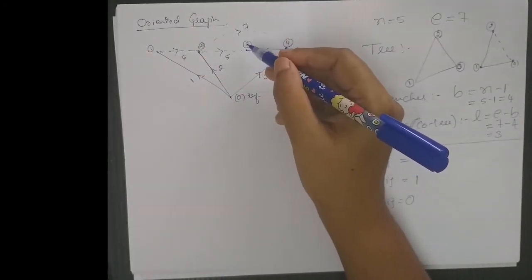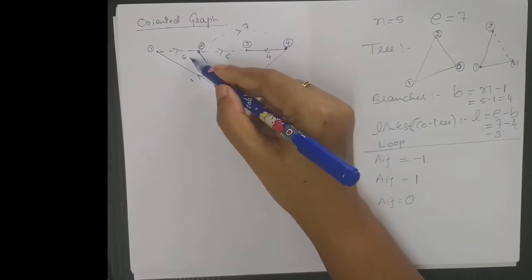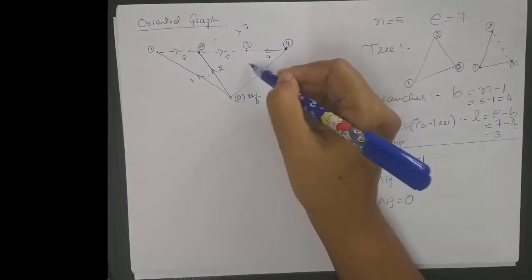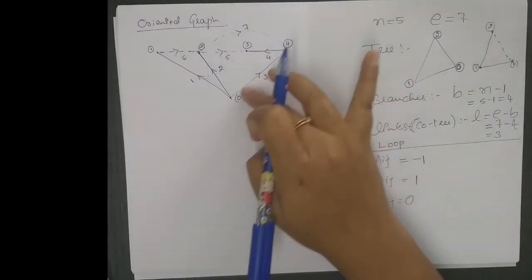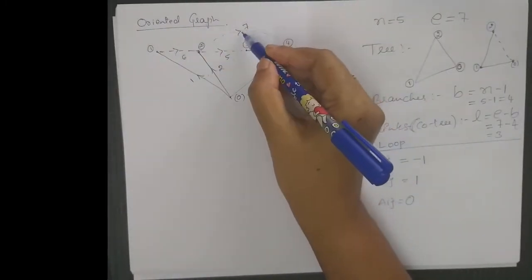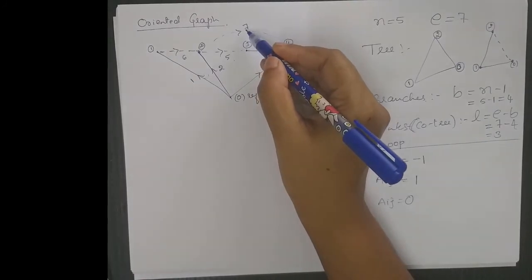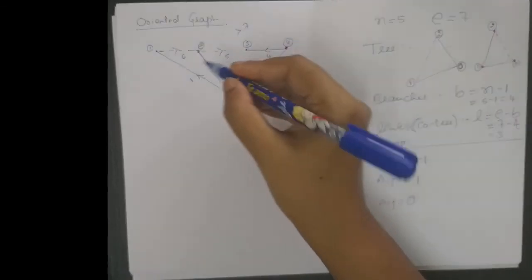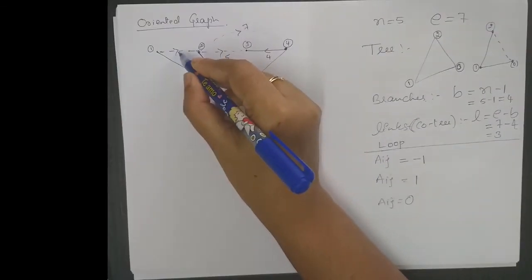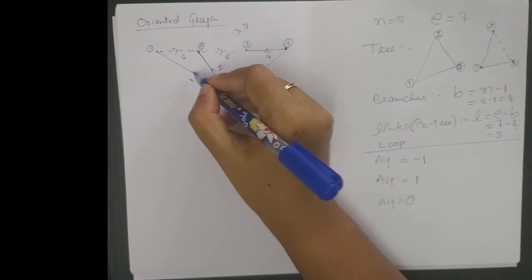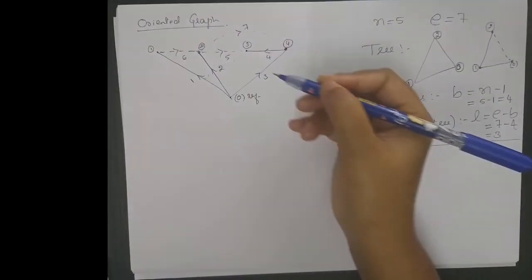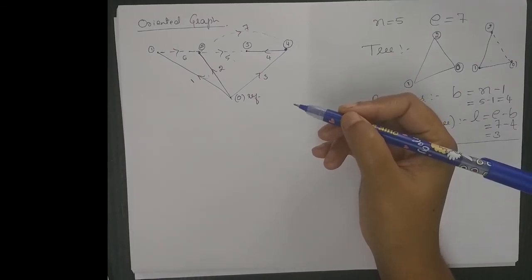Each loop contains only one link. If you observe this loop, it has only one link. If you take this particular loop, we again have only one link. The direction of orientation of the loop is the same as that of the link branch. Here it is clockwise, here it is clockwise, and again in this particular loop it is clockwise. The link branches are independent and the tree branches are dependent.